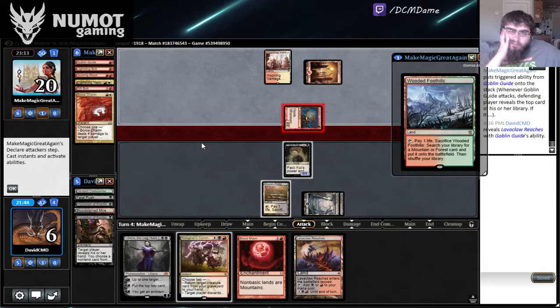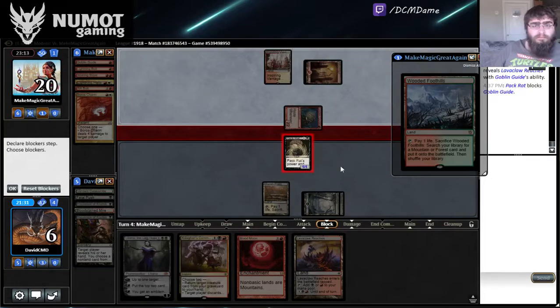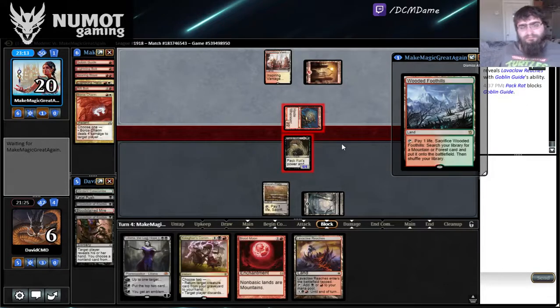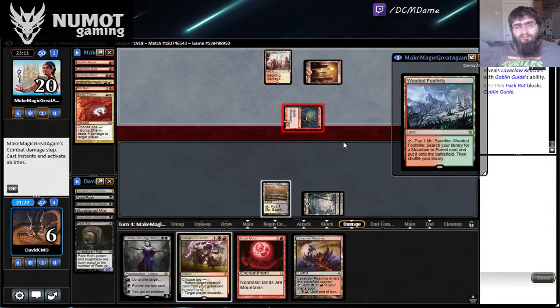I know they have a Foothills. I think I'm supposed to just block, right? Get my rat back. It's a little bit slower. So I can kill, return rat with Kolaghan's Command. Yeah. Not super in love with this, but